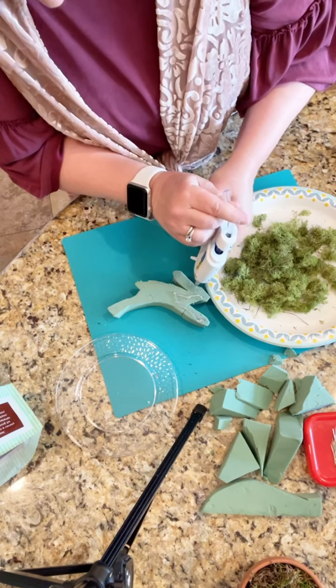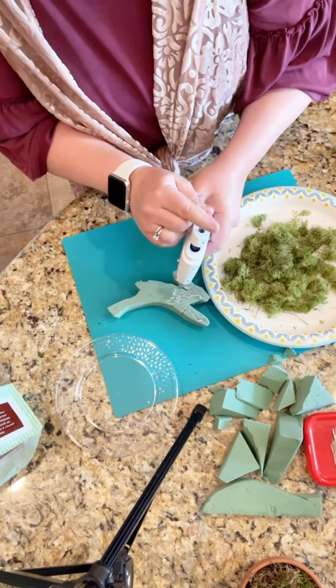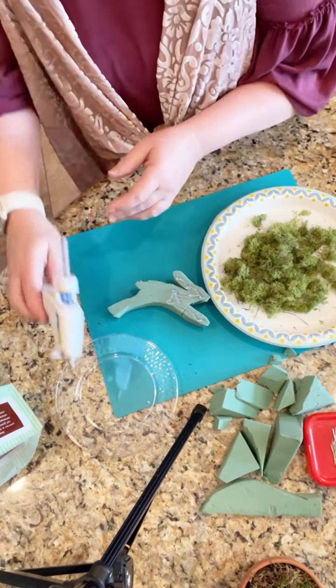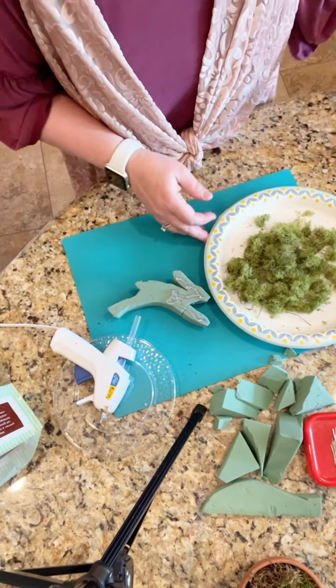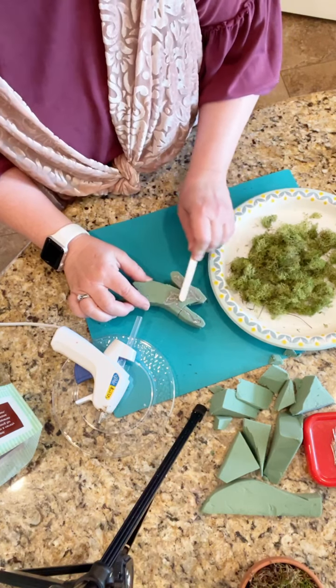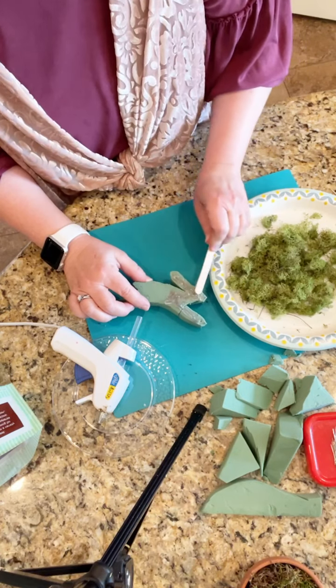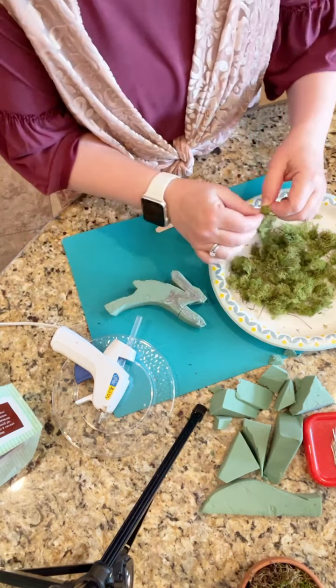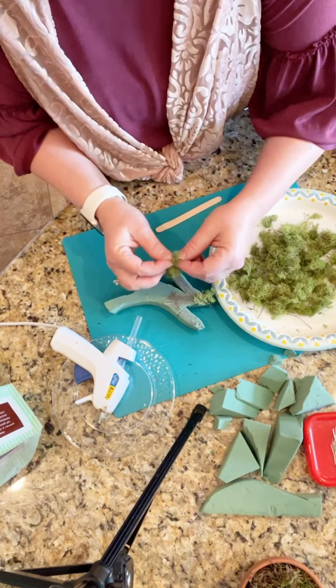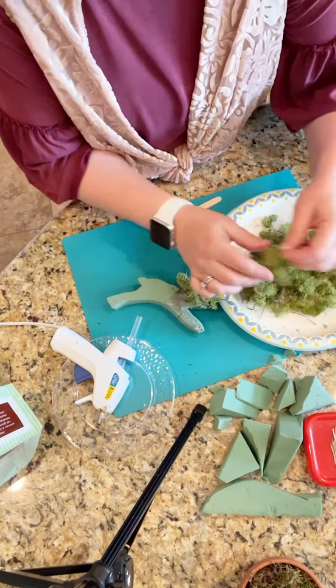So all you see, I'm just putting this hot glue on here, and I'm going to try to just rub it around. I didn't practice this. I hope it doesn't dry before I get my moss on here. But the good thing is you can add more. So this is all you do, is you add a little moss,